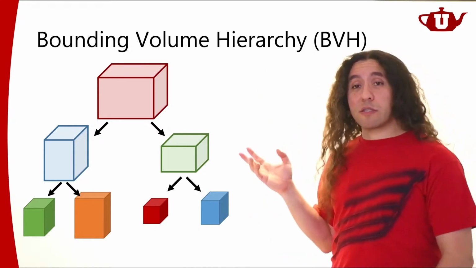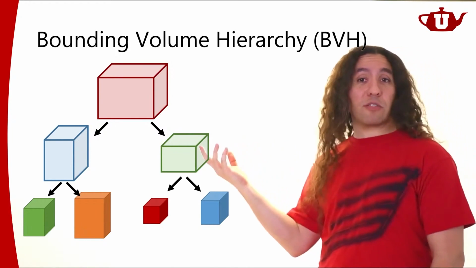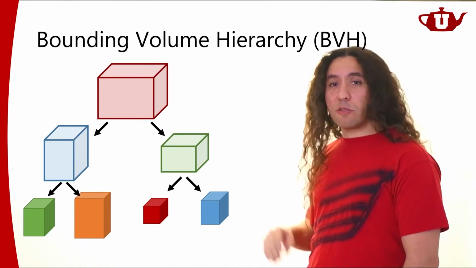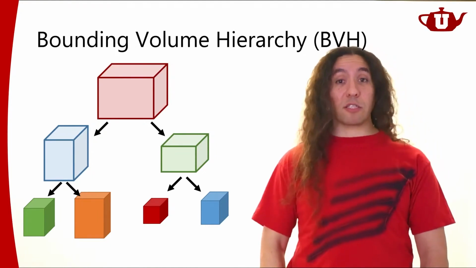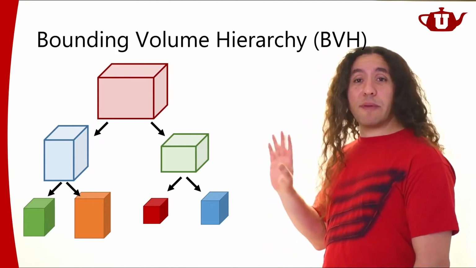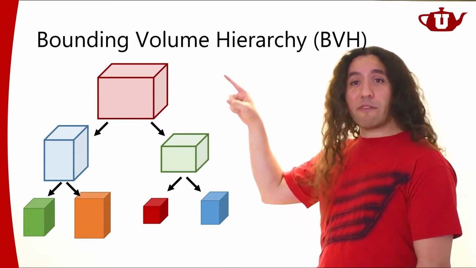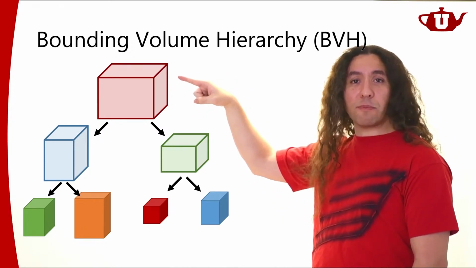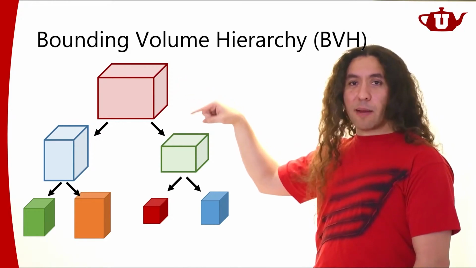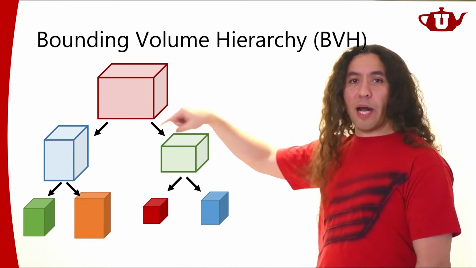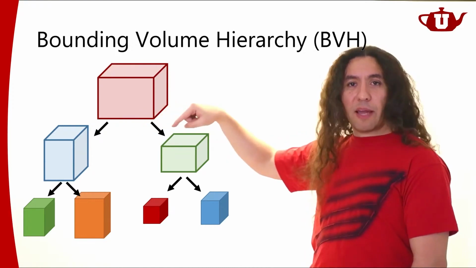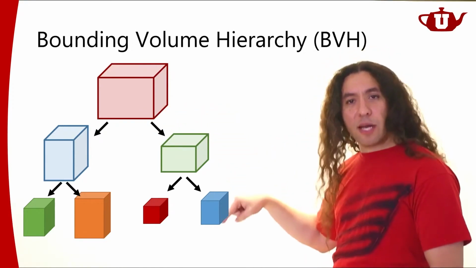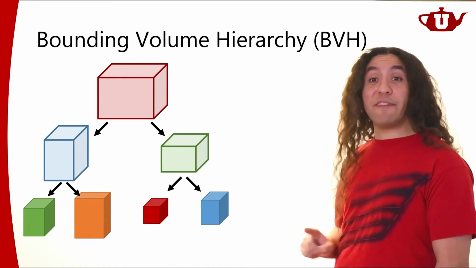Most acceleration structures actually are going to be some sort of tree structures. We're going to be traversing some sort of tree, and BVH is today the most popular acceleration structure we use for ray tracing. Just to reiterate, the way this is going to work is that if I have a ray, I'm first going to check if the ray intersects with this root bounding box. If it does, then I'm going to check its 2 child nodes. If it intersects with one of them, then I'm going to go down and check its child node, all the way down to a leaf node.